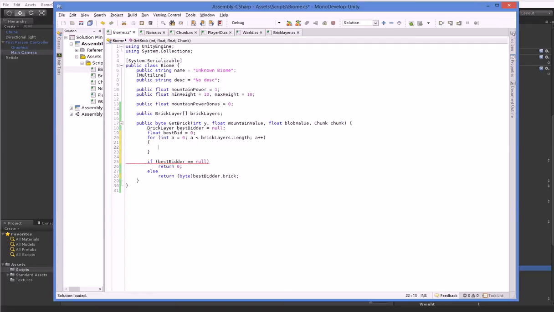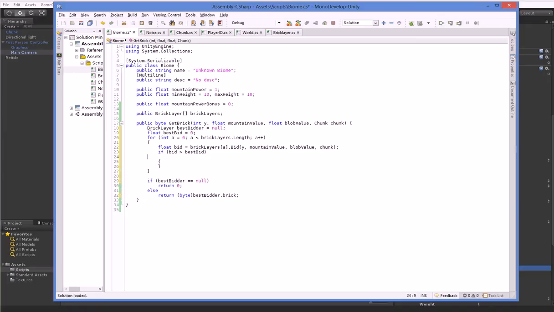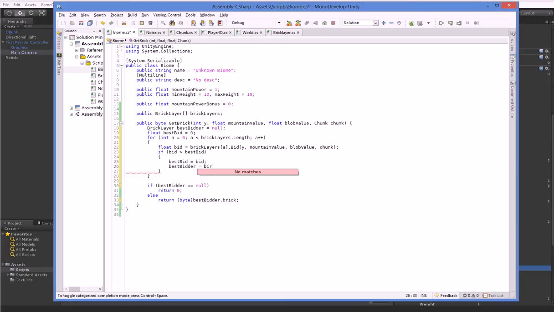If float bid equals bricklayers a dot bid, y mountain value, blob value, chunk, and we say if bid is greater than best bid, best bid equals bid, and best bidder equals bricklayers A. So that just goes through all of our various bidders and gets the best one, and we get the